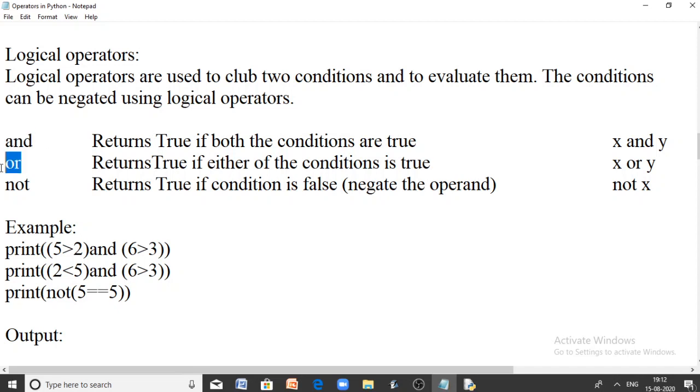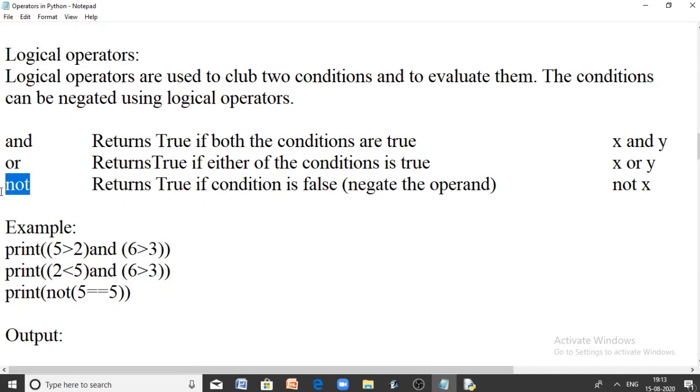And, or, and not are the three logical operators in Python, and they are equivalent to the truth tables we use in electronic circuits, especially in Boolean logic. We have truth tables, right? So and, or, and not work like the and, or, and not gates in electronic circuits.